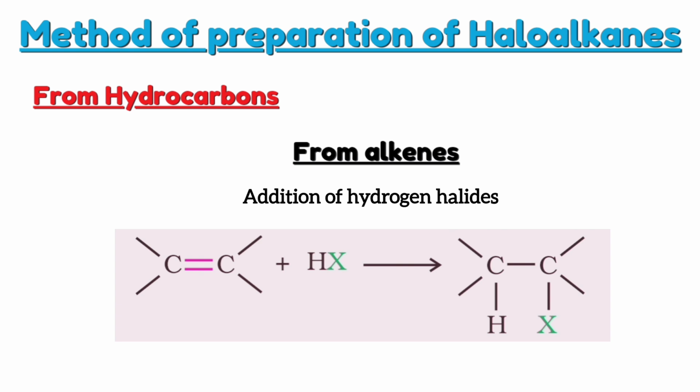That is, the addition of hydrogen and halogen is dependent on the shifting of electrons. When the double bond between these two carbon atoms breaks and electrons shift to one carbon atom, then that carbon atom gets positive charge and another carbon atom gets negative charge. Since the alkene was symmetrical, so this shifting of electron may take place in any direction. The positively charged hydrogen atom gets attached to the negatively charged carbon atom, and the negatively charged halogen atom gets attached to the positively charged carbon atom, and haloalkane is formed.